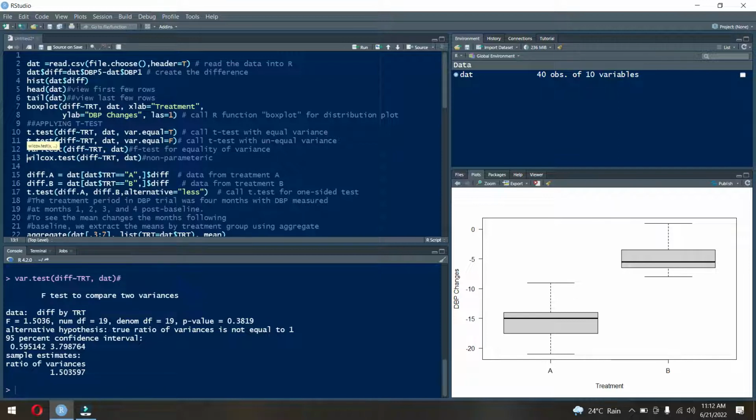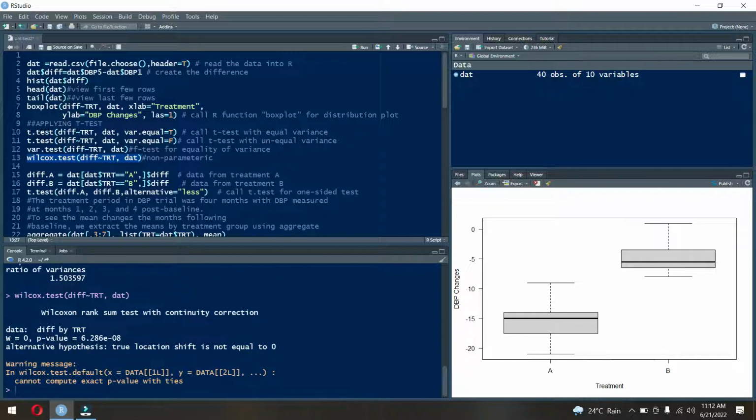And we can conduct a non-parametric test to test the difference. This is the Wilcoxon signed rank test, and it also gives a W value of 0 and the p value is almost negligible. It also concludes or suggests that the two population mean differences are not equal in the two groups,